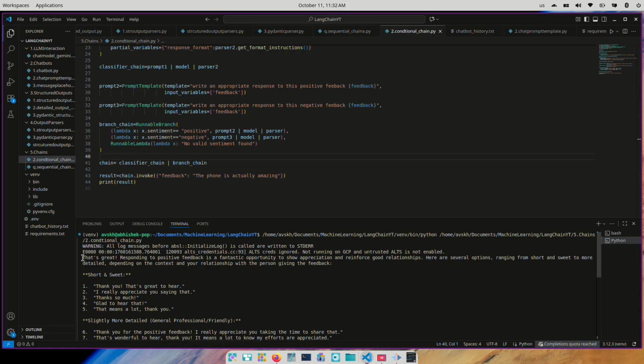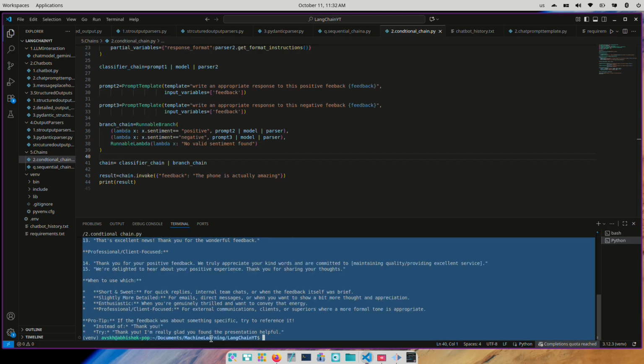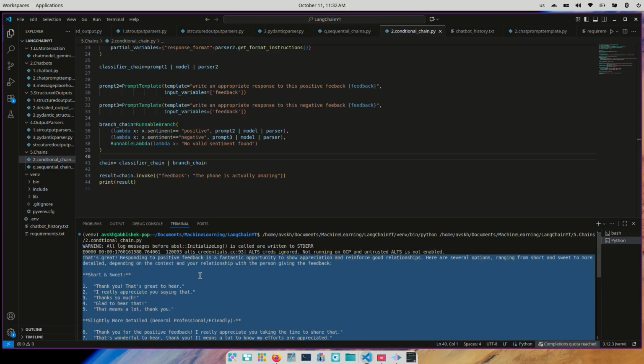So now we see that we get a positive response, and the model classifies this feedback as positive, and then based on it, it generates a response. Now I'm going to change this. Okay, the phone is actually horrible, the UI is stuck, and things like that. The UI is stuck, and then if I run this,